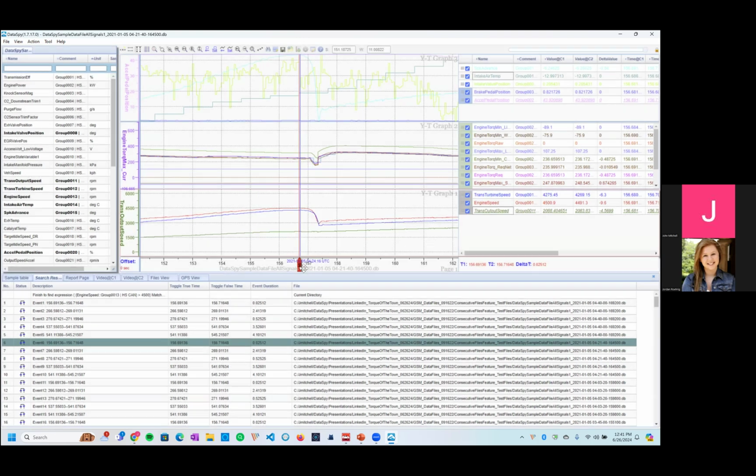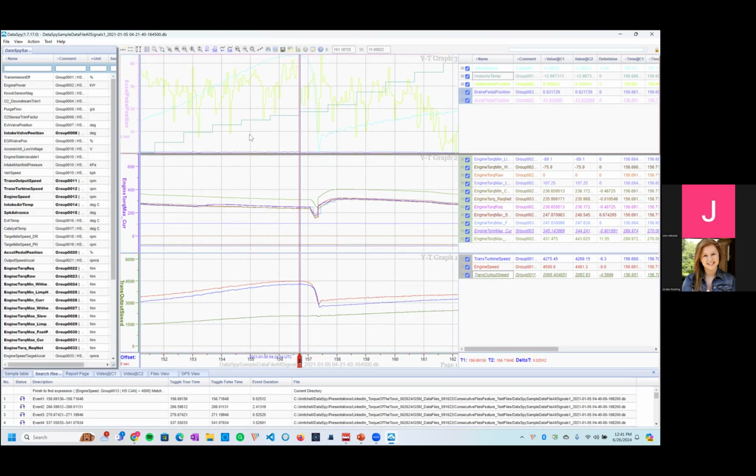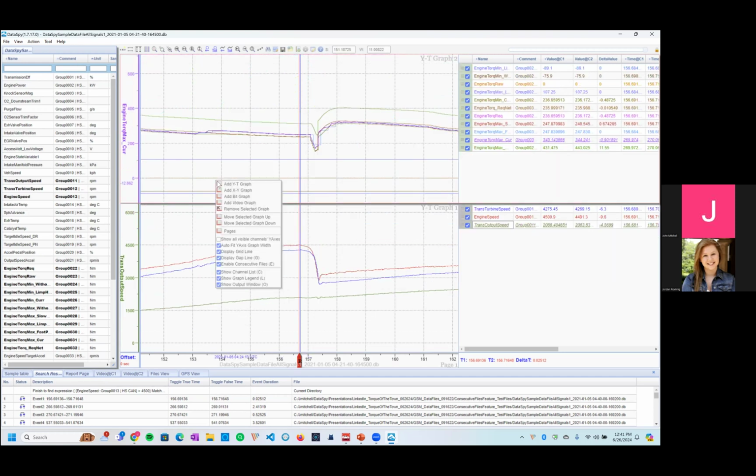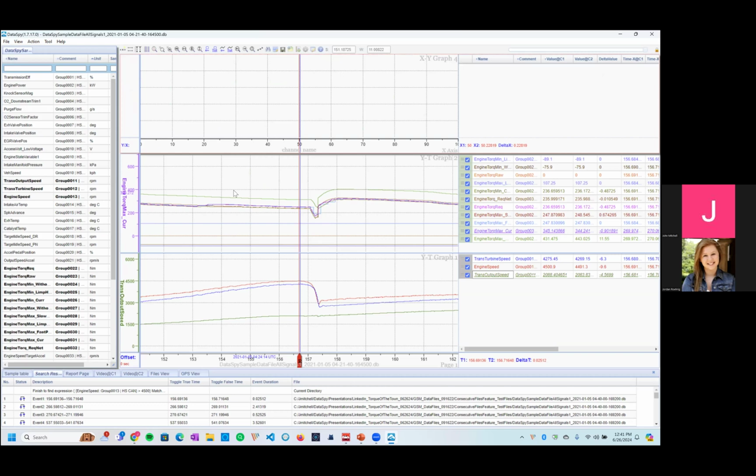So okay, one other thing I'll show is there's a number of different types of graphs. So here I'll close this. Remove selected graph, and then I'll add the XY graph. This is something that we've recently added to DataSpy. And so here you can plot